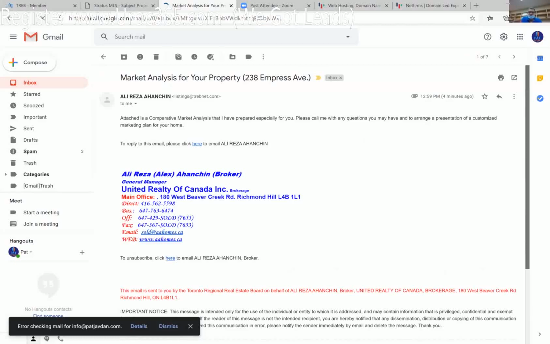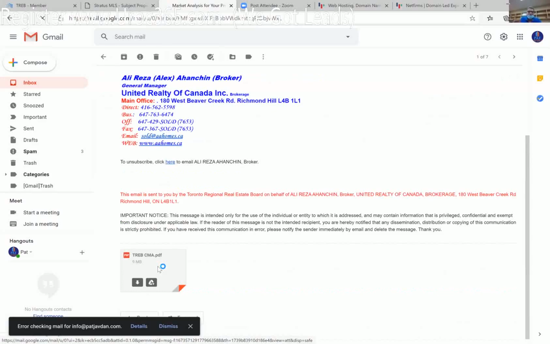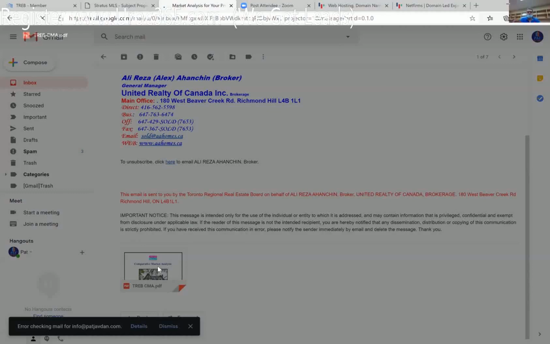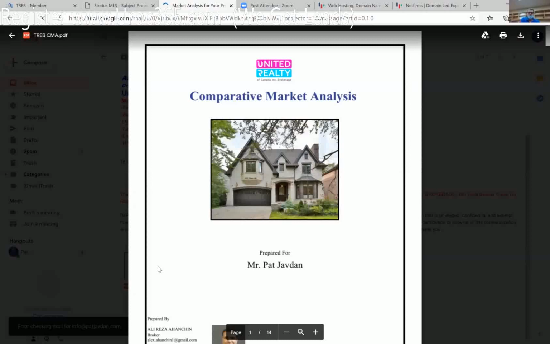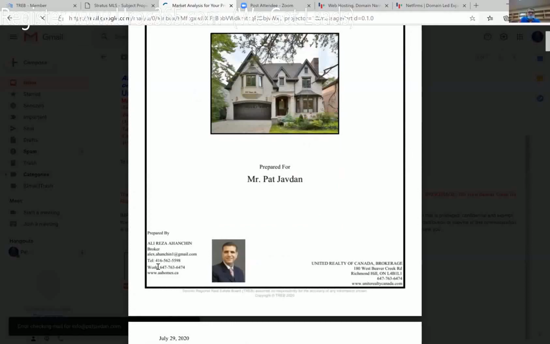And this is the version that your client, in this example Pat, received as this CMA. I will show how it looks. Yeah, this is the one. This is the comparative market analysis prepared for Pat Javdan, and this is the letter and your suggestion as per